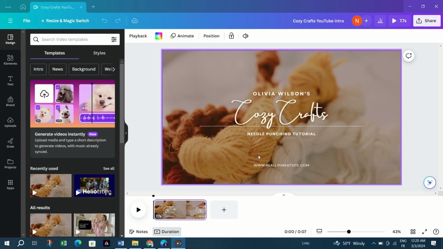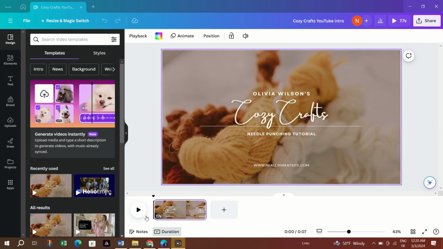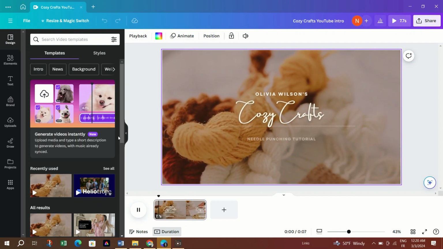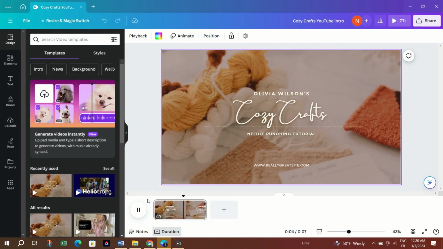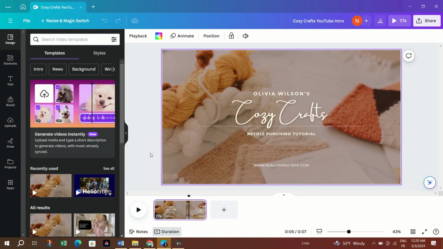In this video, I am going to show you how to add music in a Canva video. 1. Open Canva and log into your account. 2. Canva offers a wide range of video templates suitable for different social media platforms. Select a template that fits your project's needs, or you can start with a blank canvas by uploading your own